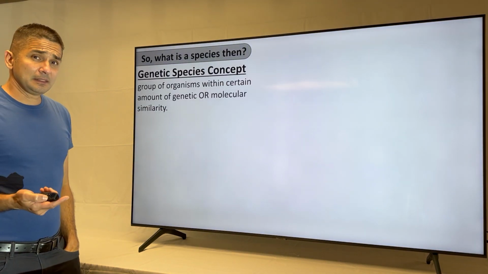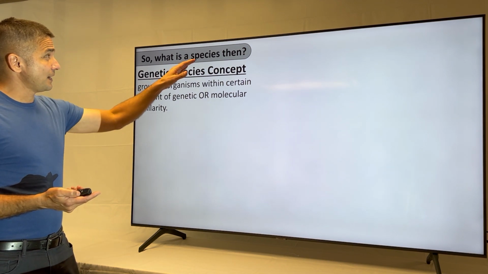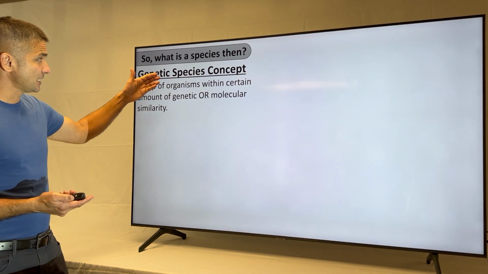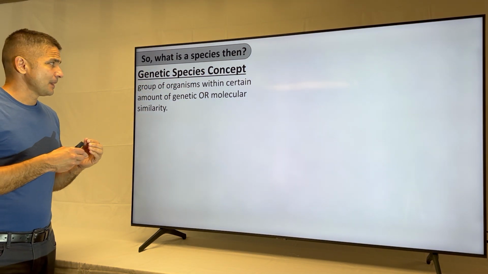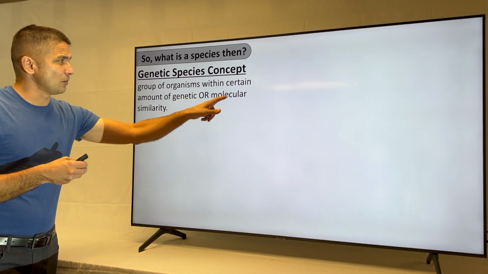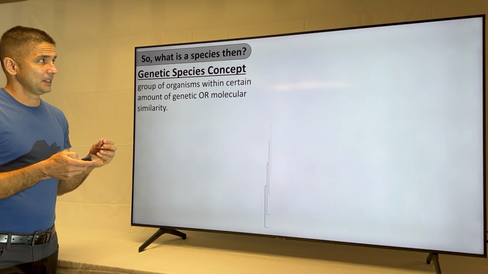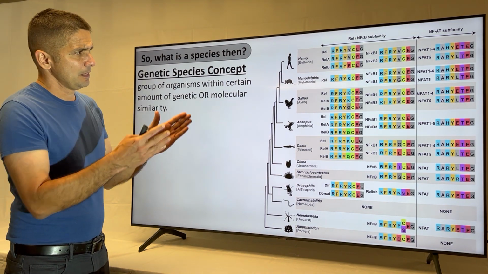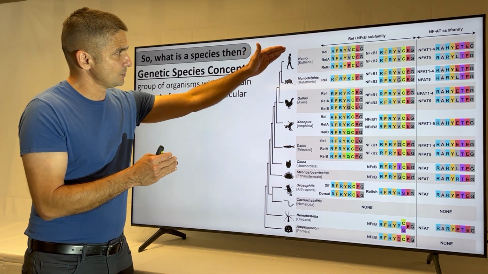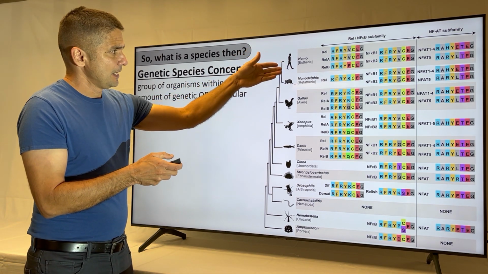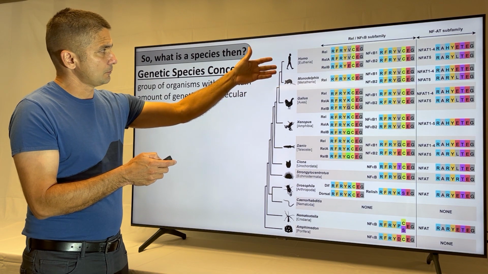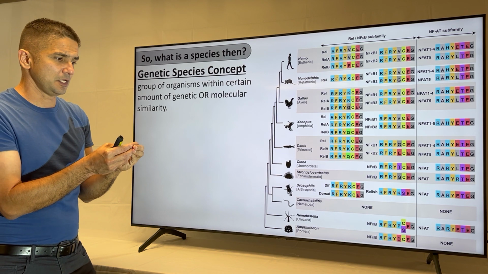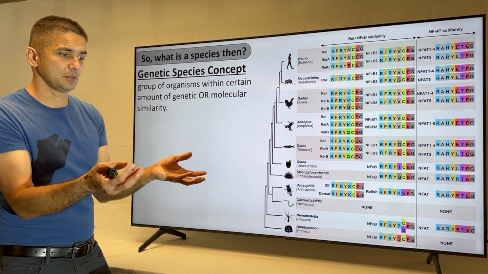Now, another concept that is commonly used to define a species is what is called the genetic species concept. In this case, the concept uses the genetic or molecular similarity among species, right? Basically what you do is take these molecules, as I explained to you, either protein or DNA, compare them among different species, and that allows you to differentiate different species. That turns into what is called the genetic species concept. Again, it tries to differentiate the degree to which species are different based on their molecular